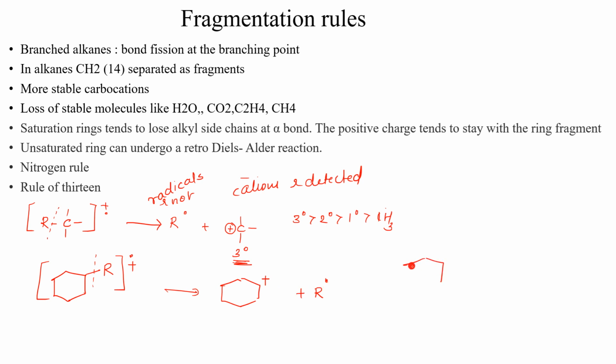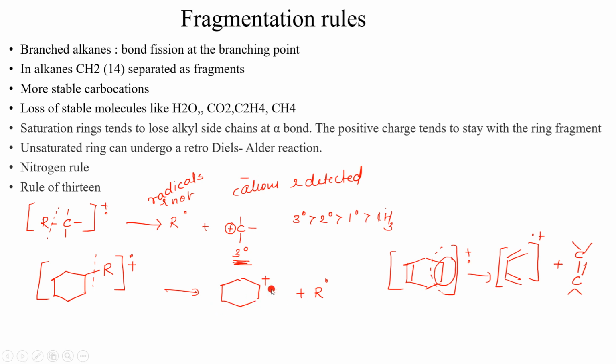And suppose you have an unsaturated cyclic ring. The cyclic ring undergoes a retro Diels-Alder reaction, so it breaks over here. If it breaks over here, this is the retro Diels-Alder reaction. It's in photochemistry, so right now I won't go into it, but you just need to understand what type of product is formed. This bond has broken, so it will give you a stable molecule like this. This is how it breaks.